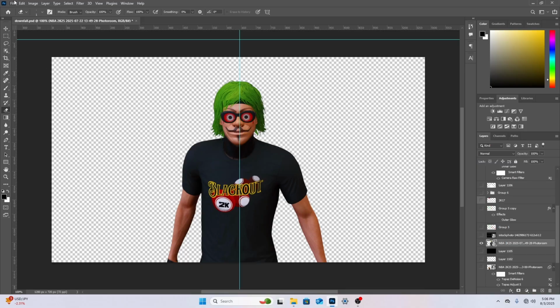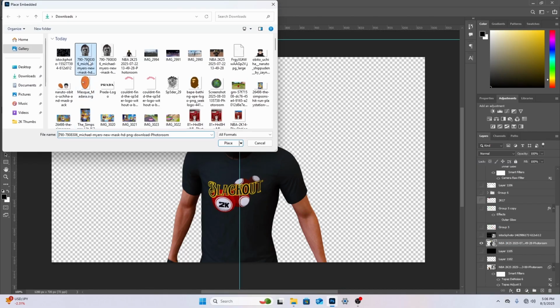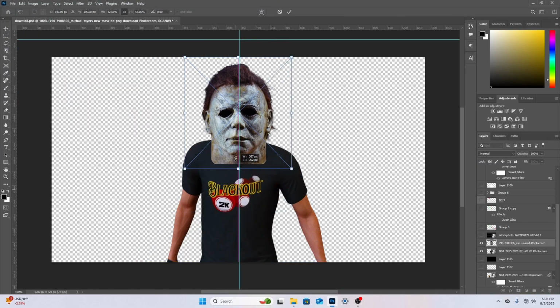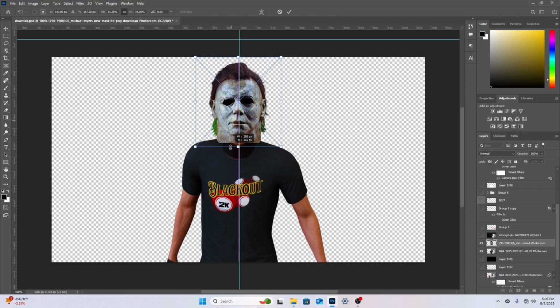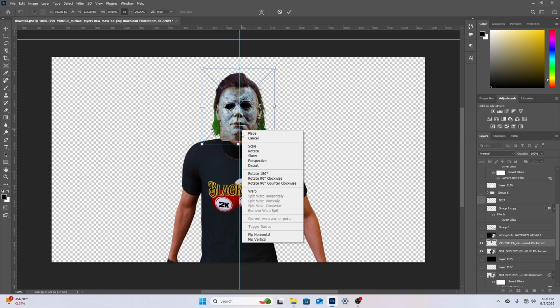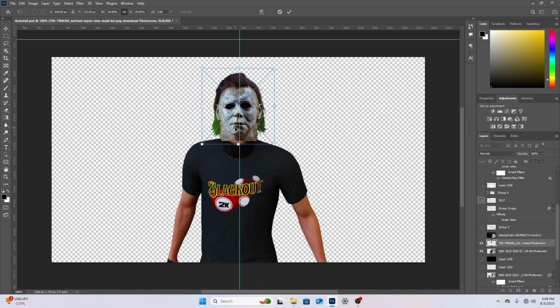Now, this mask is going to be a lot easier to put on my player because you don't really have to cut eyes out or anything. Now you might need to do a little warping or a little adjusting, but pretty much what you want to do is just